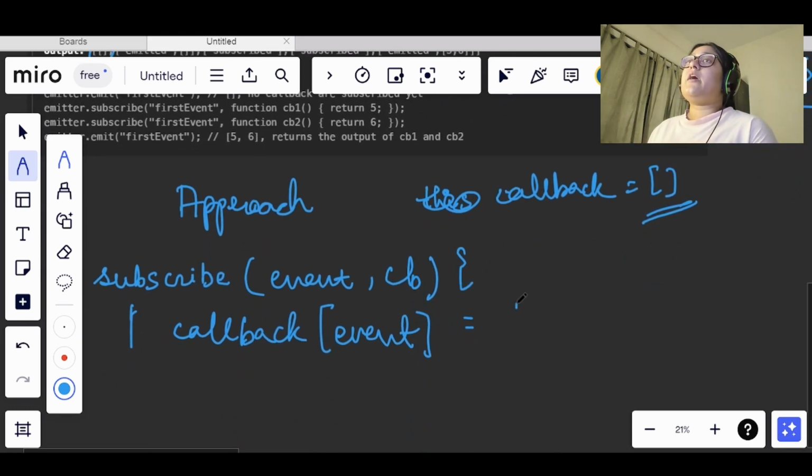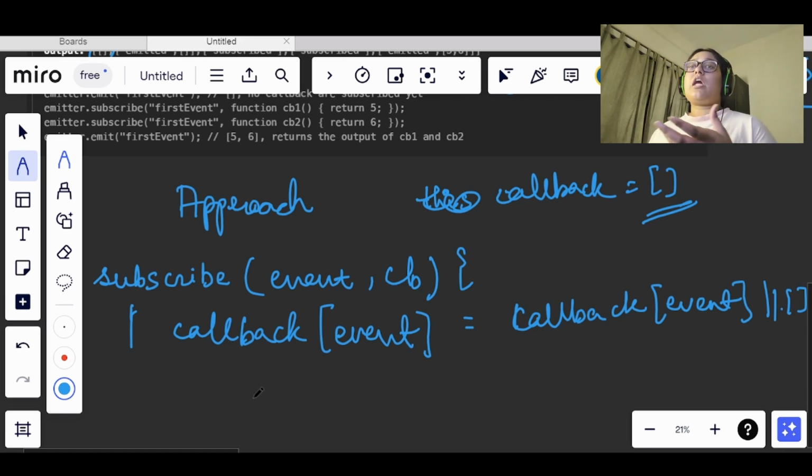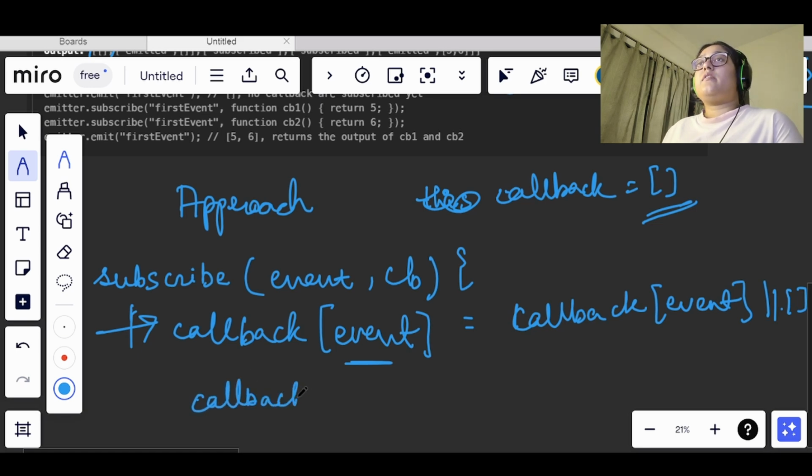So what will happen, callback, either it will have some value, or it will simply be an empty array, right? Now this will be the first step. And let's say our callback is having some value, then what we will do, we will simply insert that value for that event, right? So for that event, callback event dot push